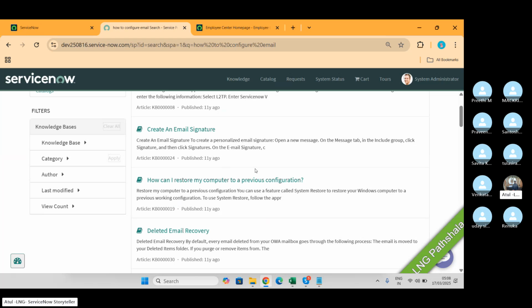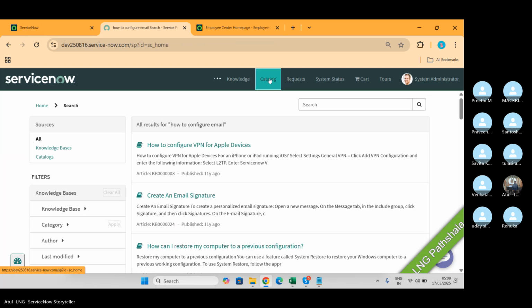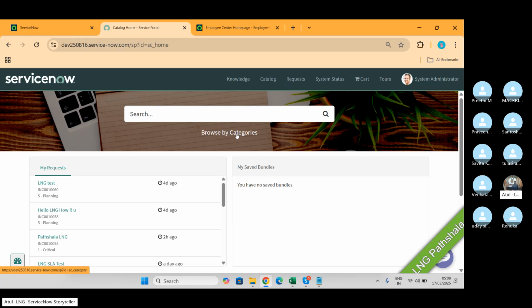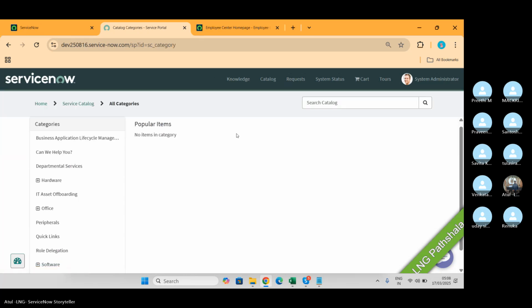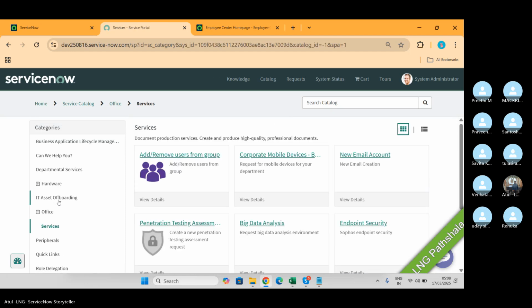If I want to order something, a laptop or desktop, then I can go to the catalog and browse by categories. And here I can see I want to order a laptop.